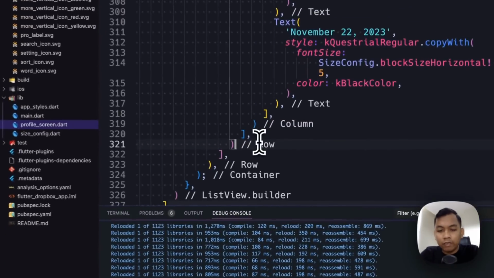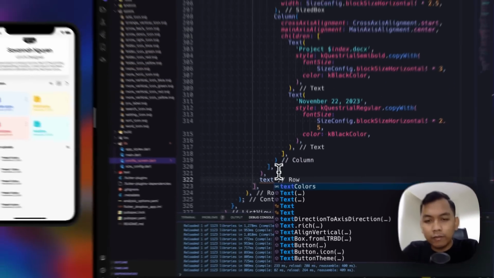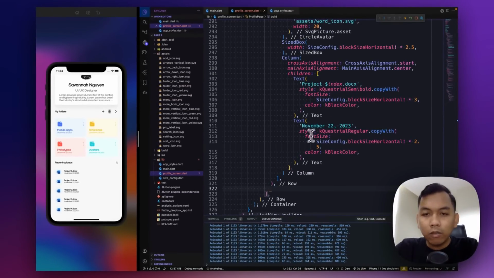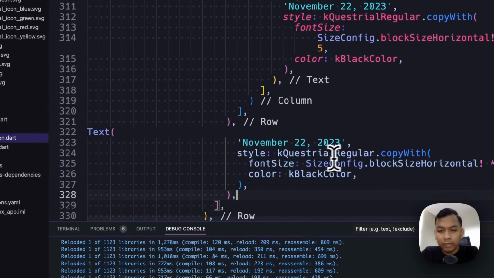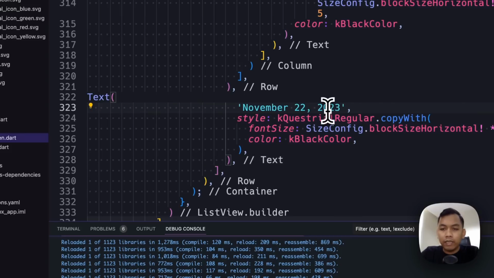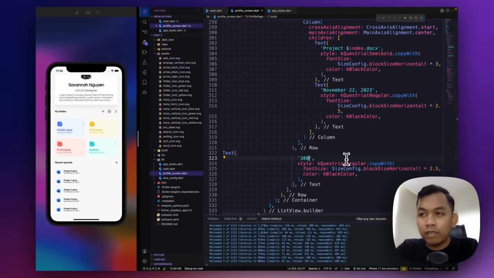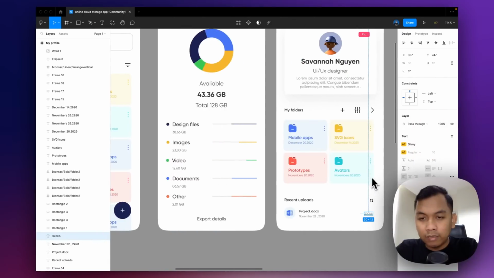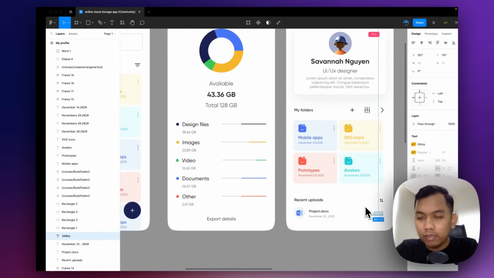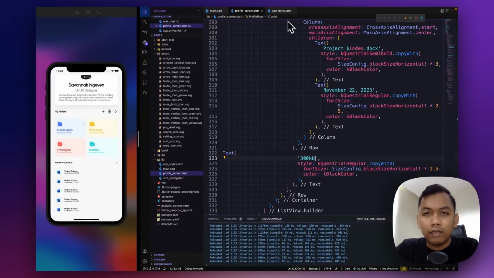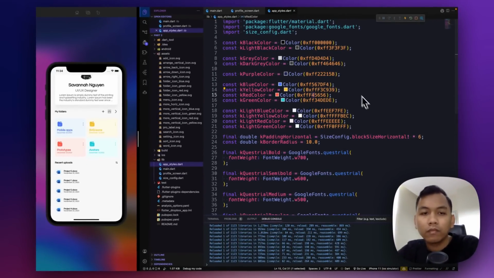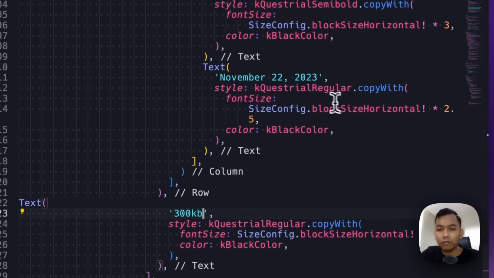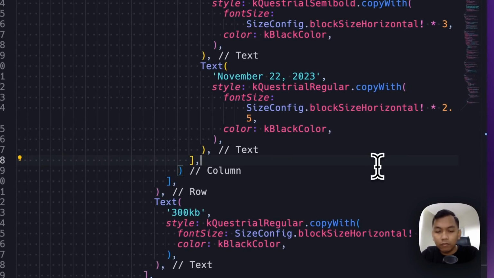And here below this row widget, we need to add text widget. Just copy from this, paste here, and say 300 kilobyte, and the size will be look like this.